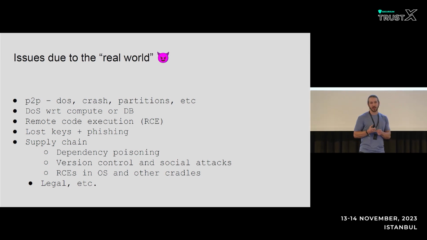Given I'm talking to random people on the internet, if you send me a message, I don't want to do more work than the message that you sent. I don't want an asymmetric load with respect to your message. But frequently, you might send a message and there's a bug where the message was this size, but it makes me all of a sudden fill a memory buffer of that size. So we have DOSes, crashes, partitions, DOS with respect to compute.